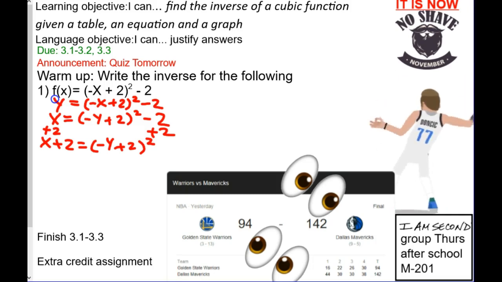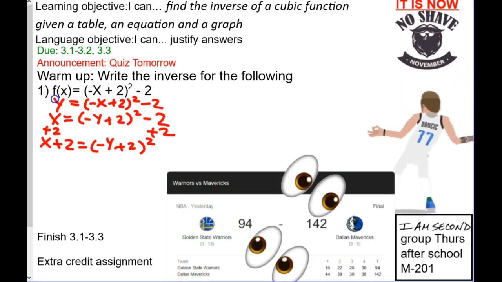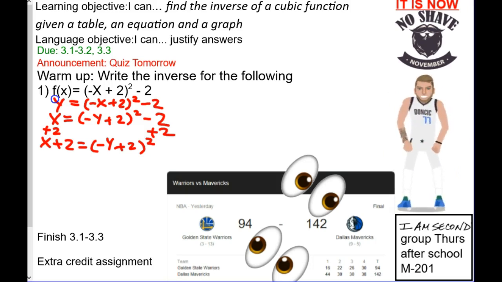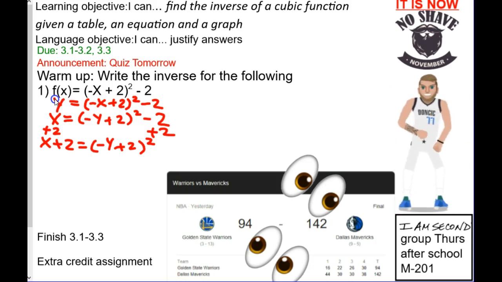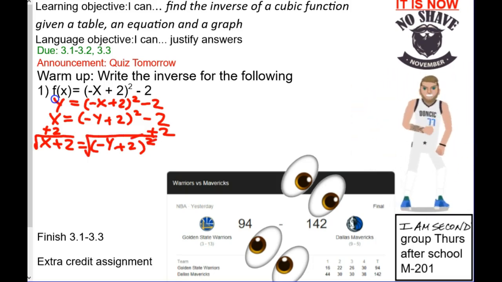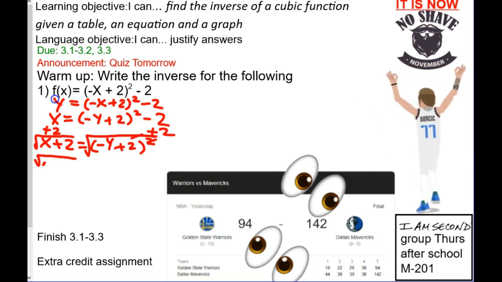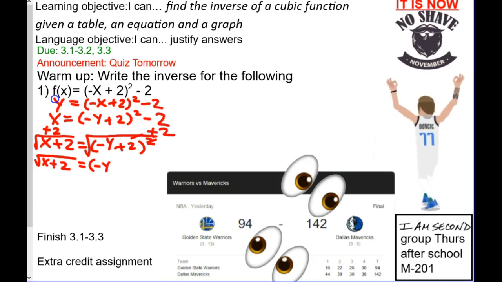Okay, now, do I get rid of the negative, this plus 2, or the squared? Okay, you can't get into the parentheses until you get rid of the squared. So this is squared first. We get rid of it by doing the square root. So now we have square root of x plus 2 equals negative y